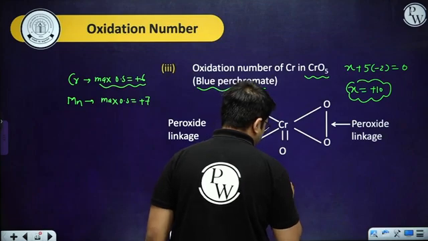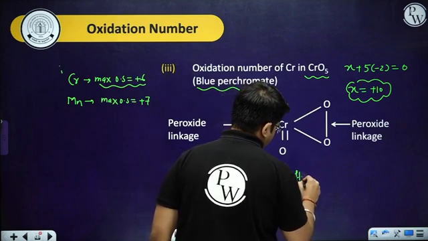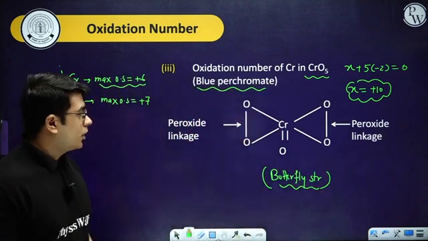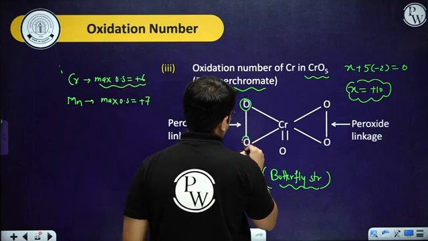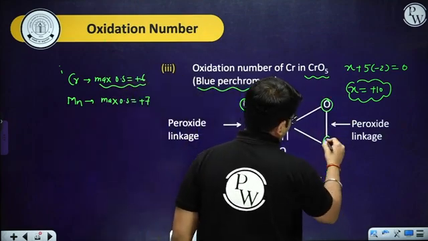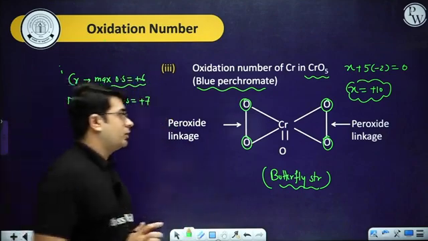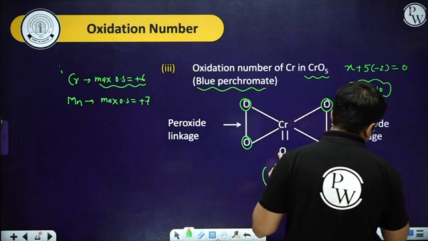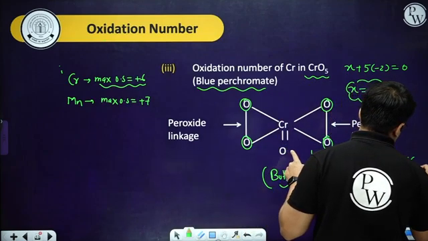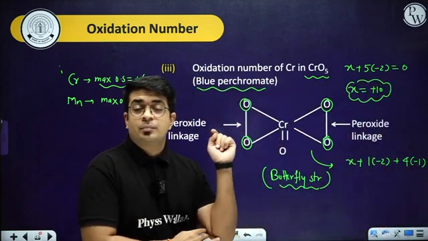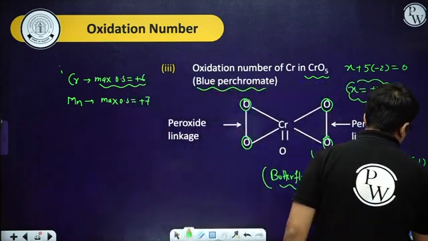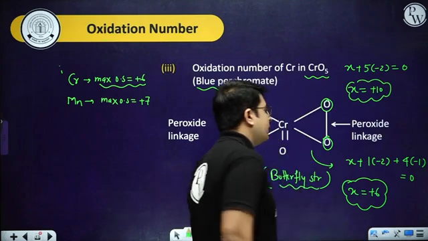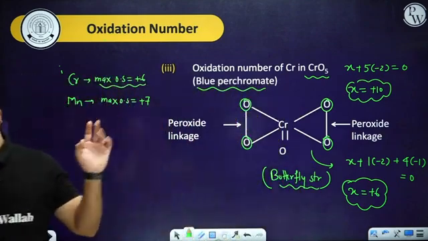So this structure is a very interesting structure. This looks like a butterfly. So this is basically the butterfly structure of this compound, chromium pentoxide. What happens? These oxygens are connected with peroxide linkage, and one oxygen is normal oxygen. So if you calculate with the help of this structure, chromium is X plus 1 oxygen in -2 and 4 oxygens in -1 because they are peroxide linkages, and that entire compound will be neutral. So you can say X will be equal to +6. That's how you can calculate the entire part. I hope this portion is clear. Just have a look at it.